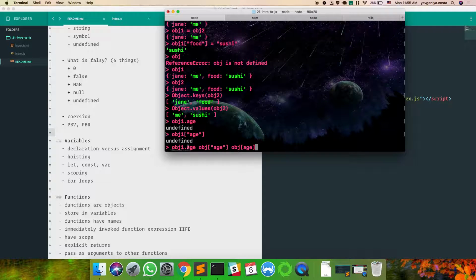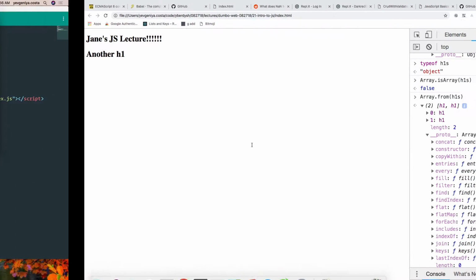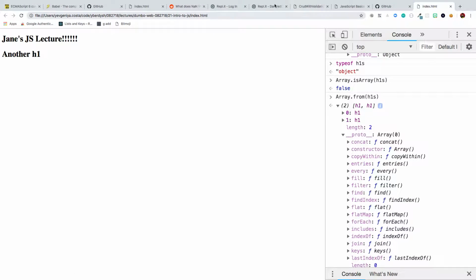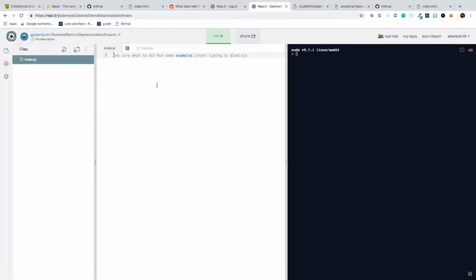Yeah. So these first two ways is how you can either set a property or check a property on an object. They're very similar. The only difference is you can't use dot notation if you have some kind of special characters in that key. You would have to use the bracket notation with the quotes. And this is when this is not a literal property on the object. Say, for example, you're iterating over an object and you want to see every one of its keys. So you use an abstract way of viewing all of them. So for example, I really like REPL.it. I don't know if you've ever used it. Say we have an object.